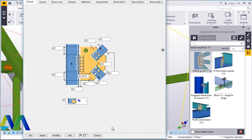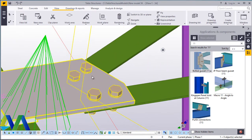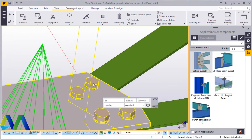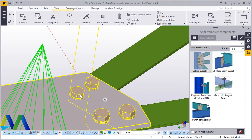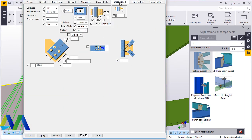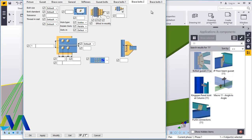The reason why I'm doing that, let me cancel this and explain this to you. If we check, this bolt is a bit bigger than this. Now what we want to modify is to make these bolt sizes uniform. Now I'll double click on that and come to gusset plates. We have M16, and here we have